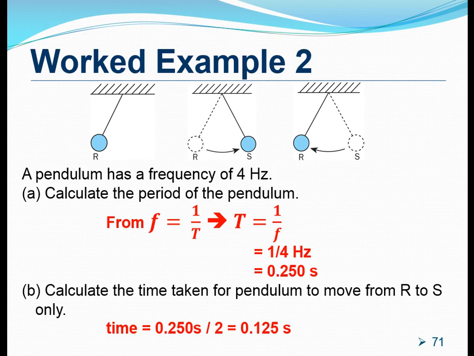And lastly, the equation that links both frequency and period is simply given by this equation. f is equal to 1 over T. We can also manipulate that to give us capital T, period, equals 1 over f. You will need to